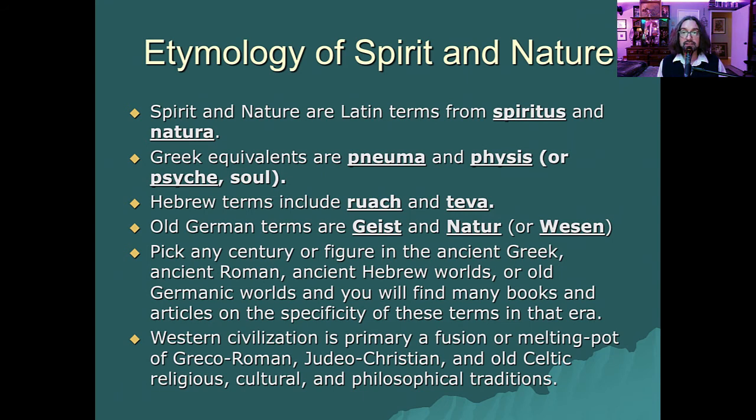Western civilization itself is a fusion or a melting pot of Greco-Roman, Judeo-Christian, and Old Celtic or Germanic religious, cultural, and philosophical traditions. So when we say spirit and nature in English, we are always already speaking in the language of spiritus, natura, pneuma, physis, psyche, ruach, teva, Geist, Natur, and Wesen. We certainly have our work cut out for us in this course if we're to figure out what these two